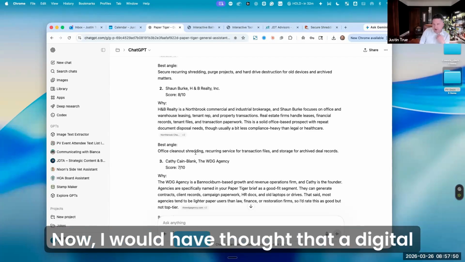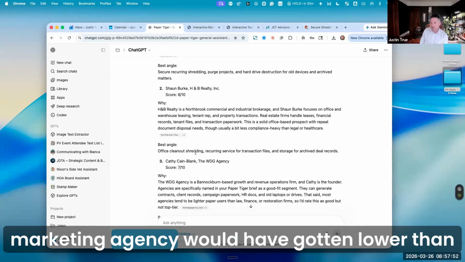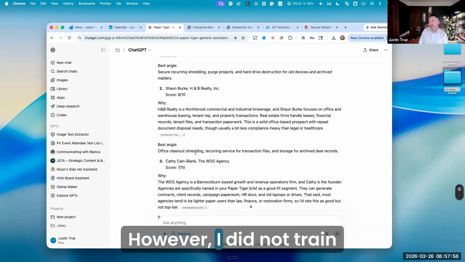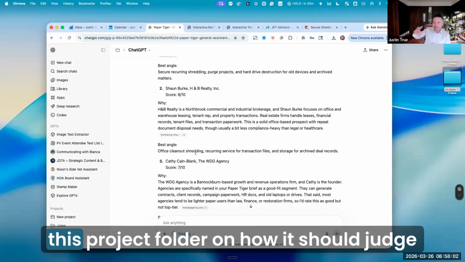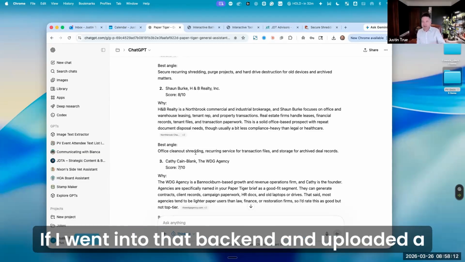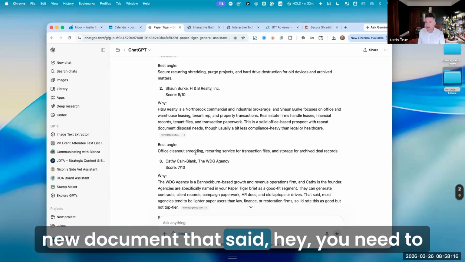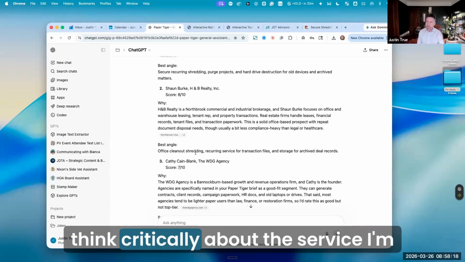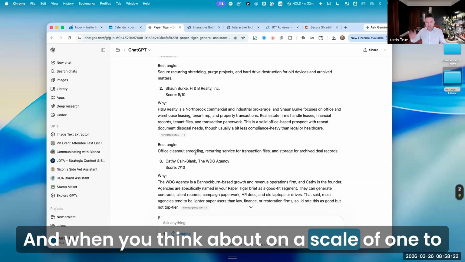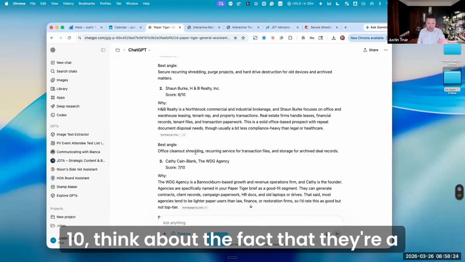Now, I would have thought that a digital marketing agency would have gotten lower than a 7 out of 10. However, I did not train this project folder on how it should judge rating these prospects. If I went into that back end and uploaded a new document that said, hey, you need to think critically about the service I'm offering,